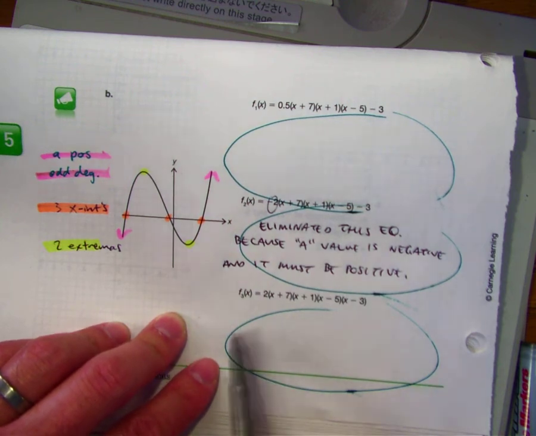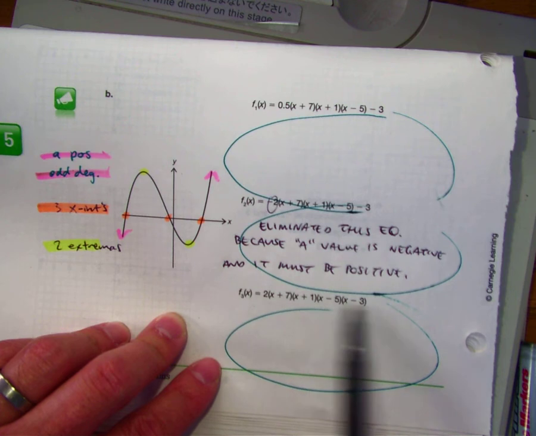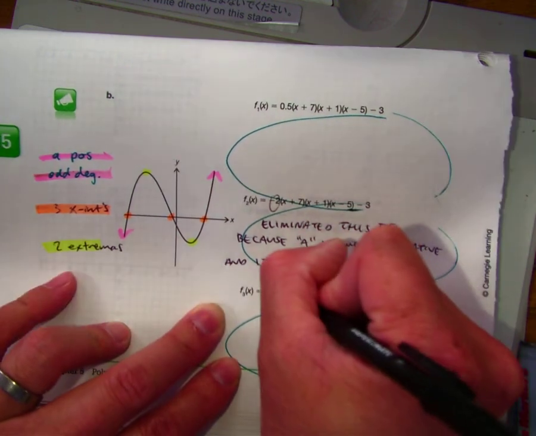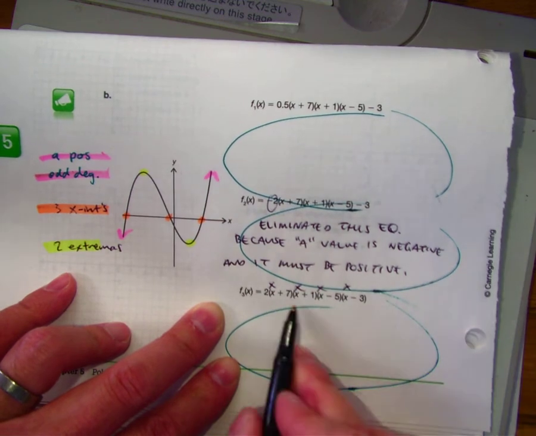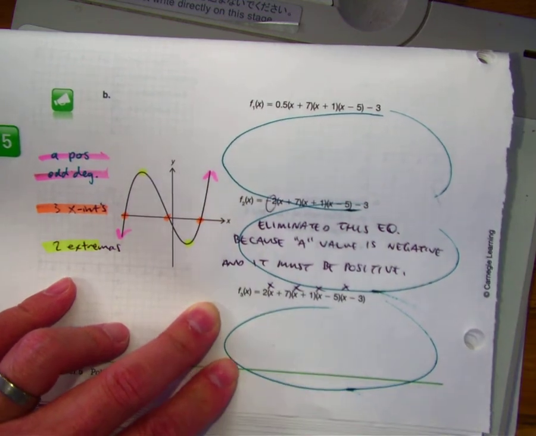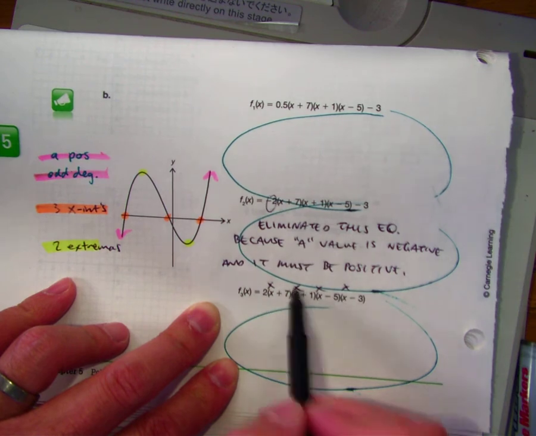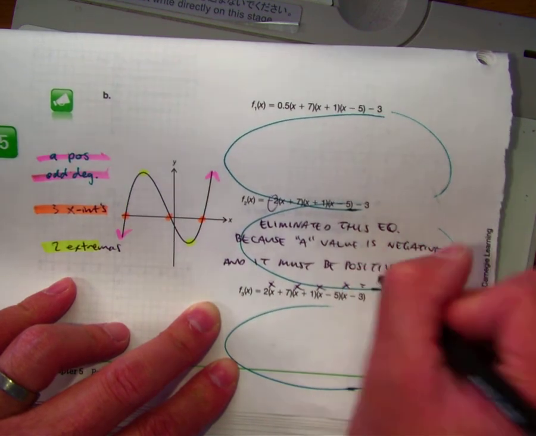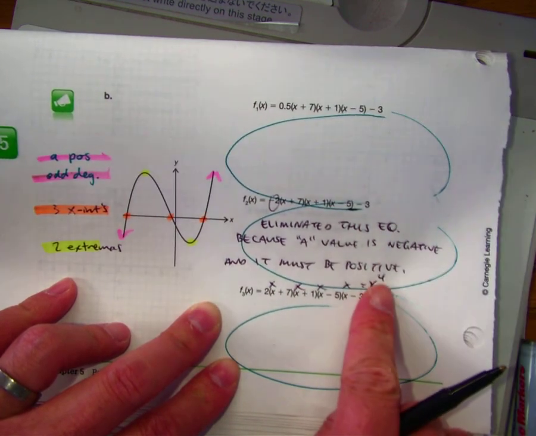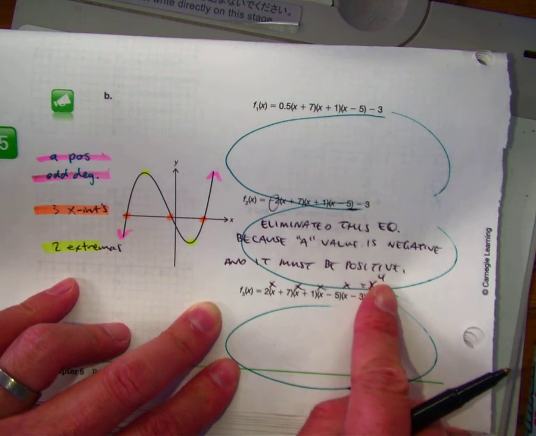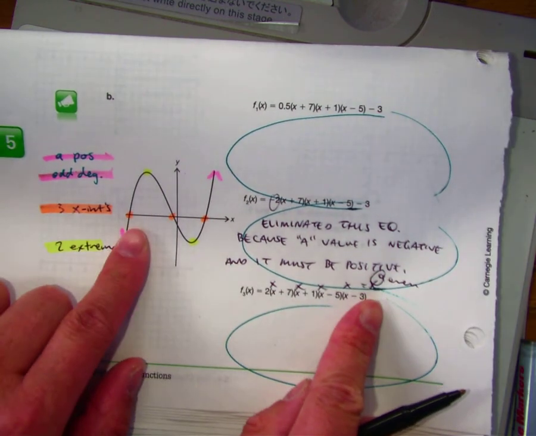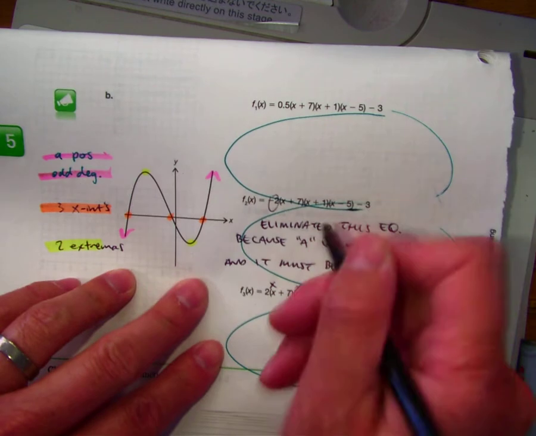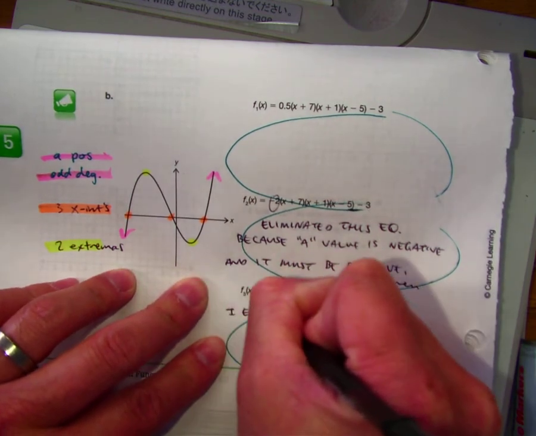Let's take a look at this one. Notice how they're in factored form. I got an x, x, x, x. Don't spend your time multiplying all of those. x times x times x times x is x to the 4th. Is this even or odd? But my graph is odd. I eliminated